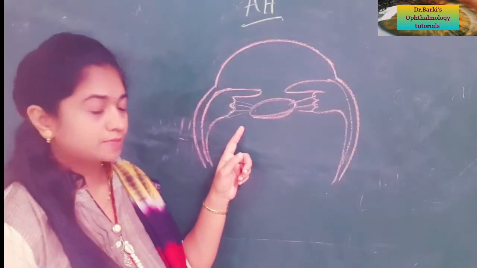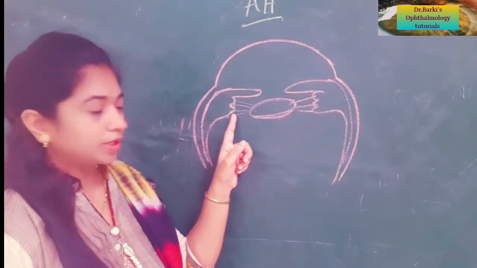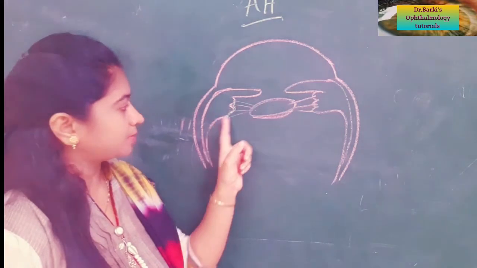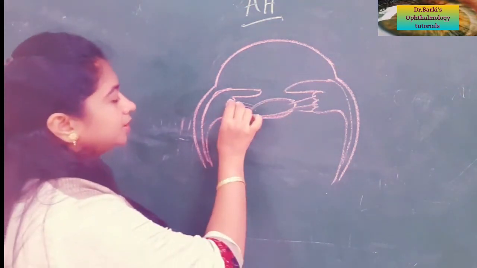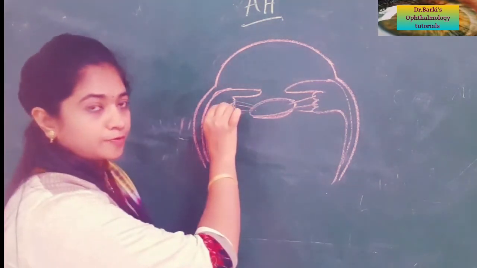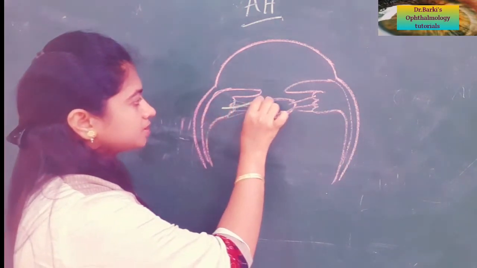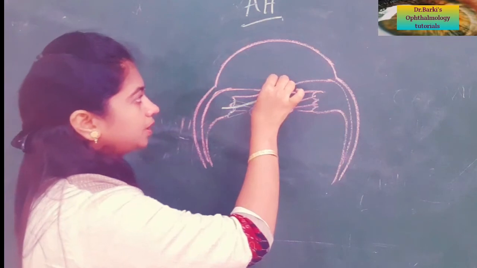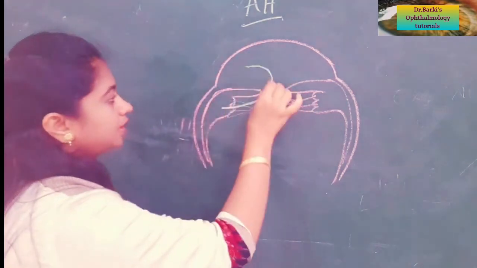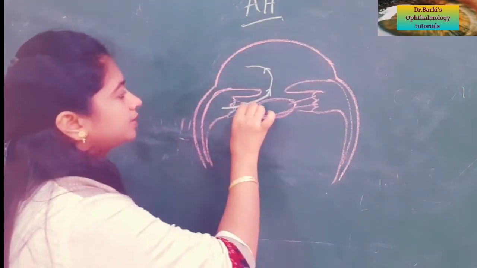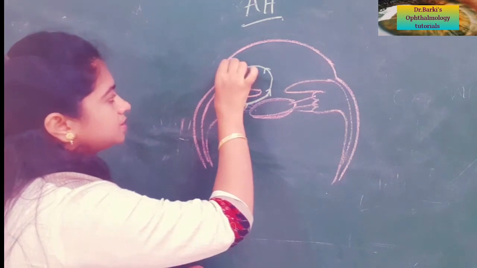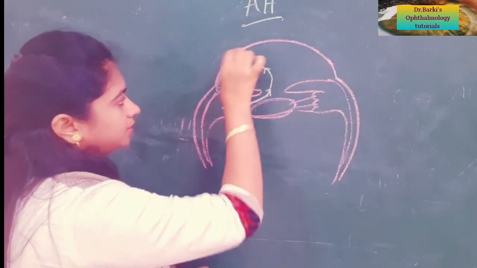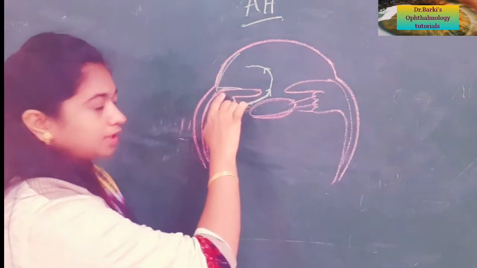So as you can see in this picture, this is the iris and the ciliary body. It has the pars plana and the pars plicata. From here, the aqueous humor is produced from the ciliary body. It comes through the posterior chamber, gets out through the pupil and comes to the anterior chamber. And here in the anterior chamber, this is called the angle of the anterior chamber, which is formed by the cornea and the iris.